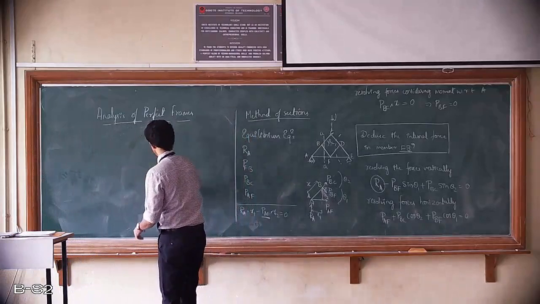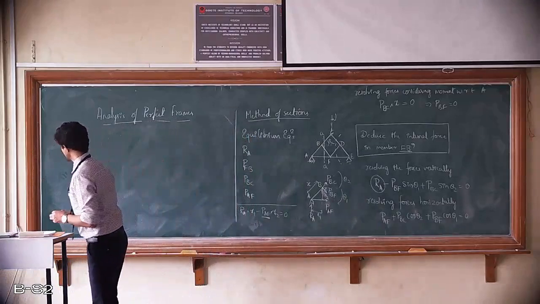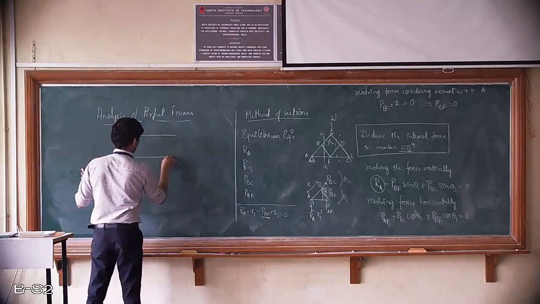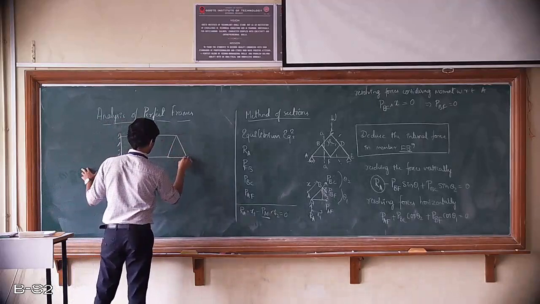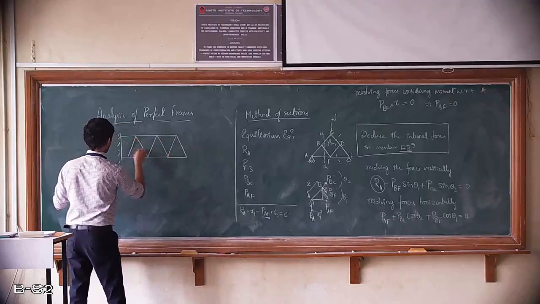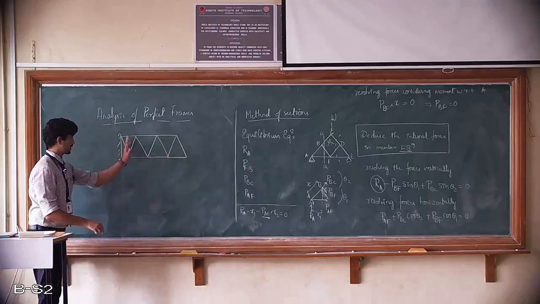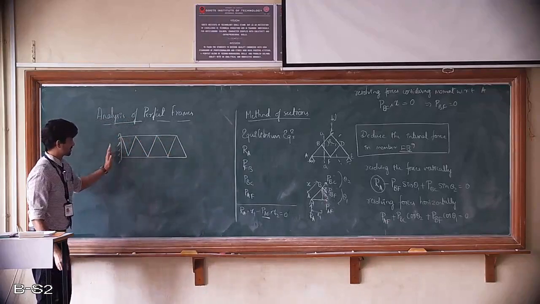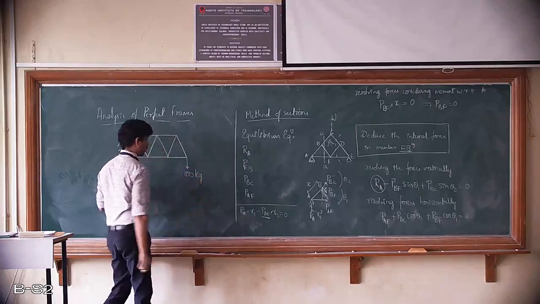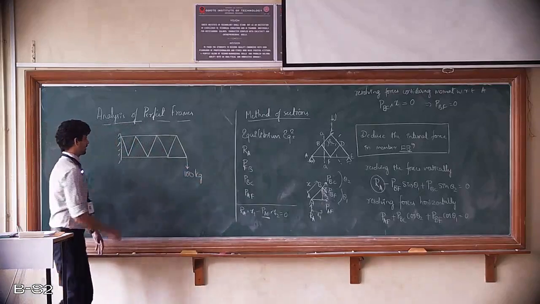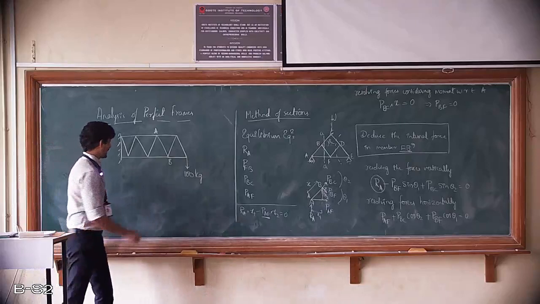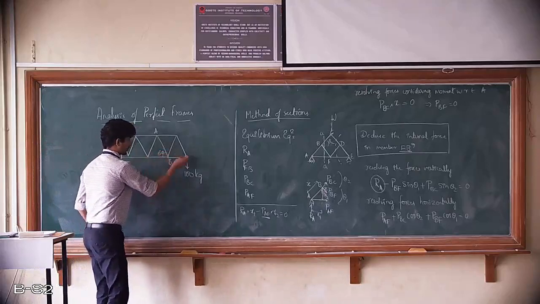Let us consider a simple problem, which is a very quick problem. Let us consider a truss. On one side it is fixed, whereas on another side from this particular joint, let us say 100 kg load is applied. Okay, and we are interested to find the load in the member AB, which has made an angle 60 degree with horizontal member.